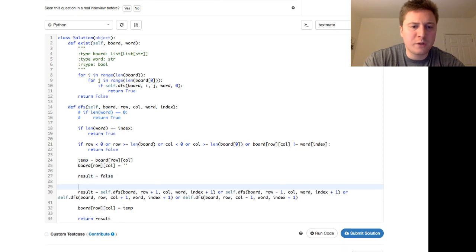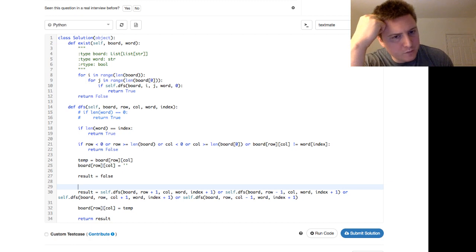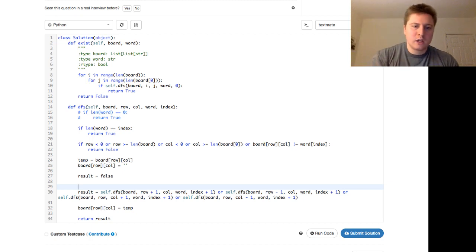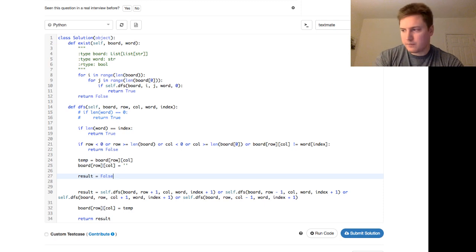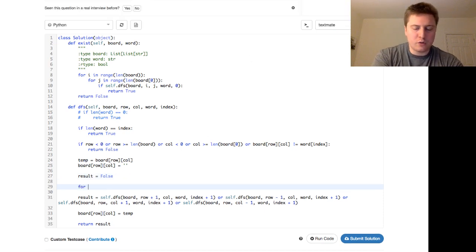Juan was showing me a cool thing with tuples. My good buddy Juan, a senior engineer, who's helped me a lot. He was showing me an interesting thing with tuples, that you could have a much nicer line on line 30. Check time, 5:48. Okay. So for i, j in range of, and we just want to do those rows and cols. Okay,